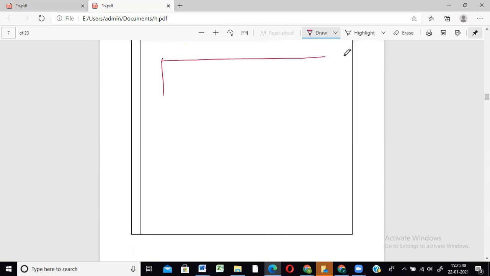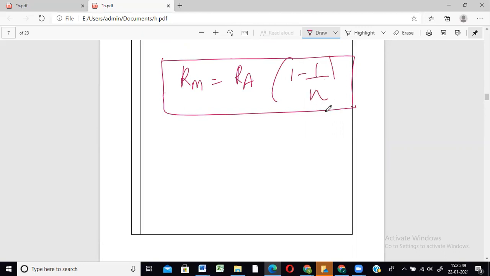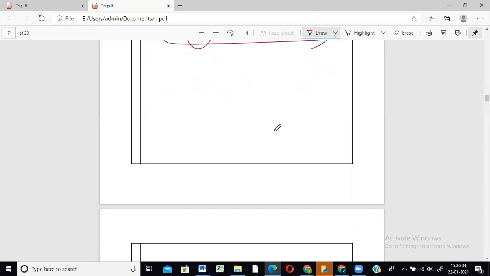Now, the next question is based on a comparison of 3 that I think I have already done in the last class. That was the last question. I'll just write the formula so that we're not missing anything. The formula involved in the previous question was marginal revenue, which is equal to average revenue into 1 minus 1 upon e. We had solved a problem where elasticity of demand and average revenue were given, and you had to find this one. We did that in the last class itself, so let us move on to the next solved example.